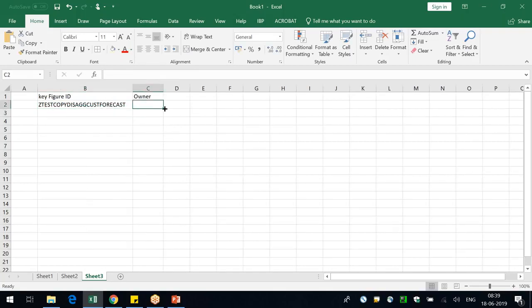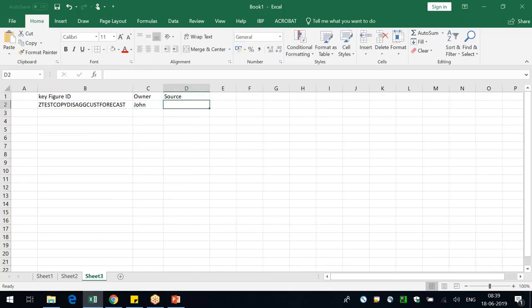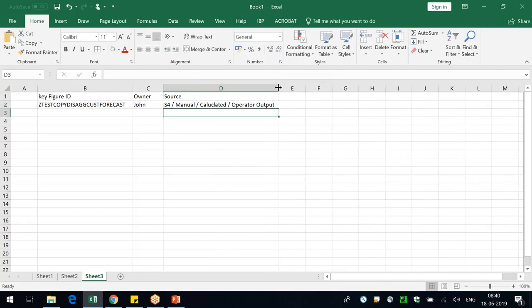Then whoever has created it has to go and create this entry. He has to say that John is the owner of it, and then we'll say what the source is, whether it's an S4 element, or a manual entry where the planner enters it, or it's calculated, or it's an operator output. Operator output is like maybe a copy operator is running it, or a forecast run operator output, or disag operator, or a snapshot, or X or Y or Z. So you just give this here, and then